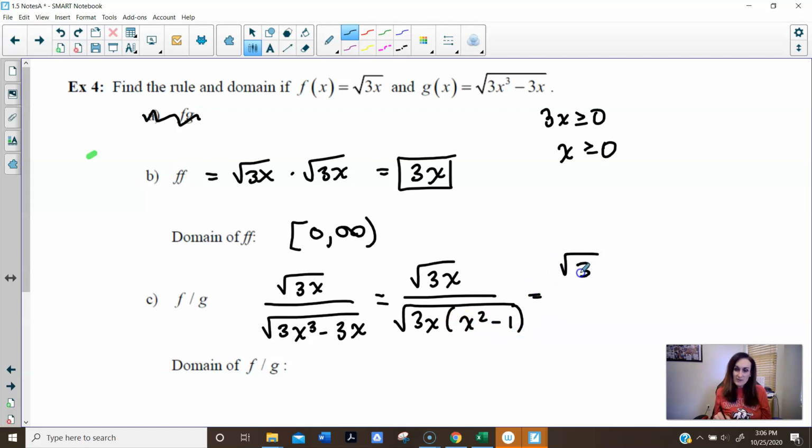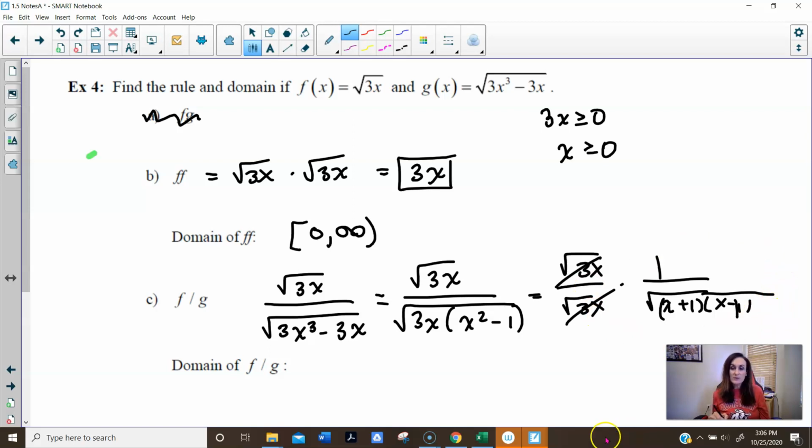Now the square root of 3x over the square root of 3x times 1 over the square root of x plus 1, x minus 1, if I factor that. So this is going to cancel,